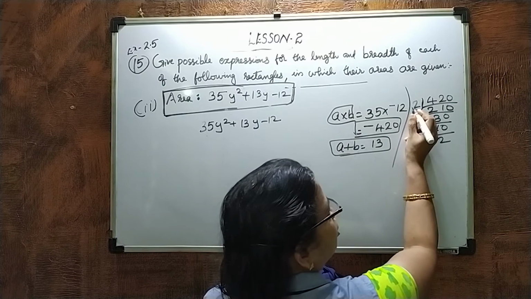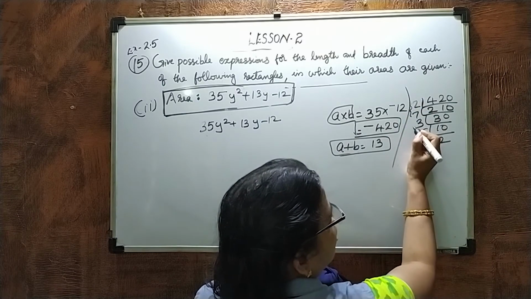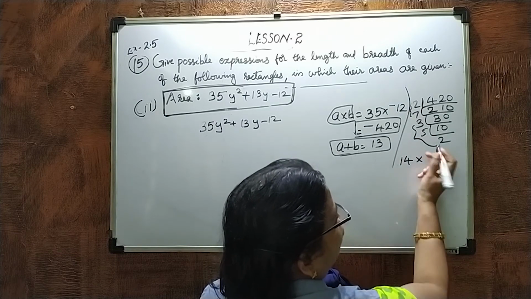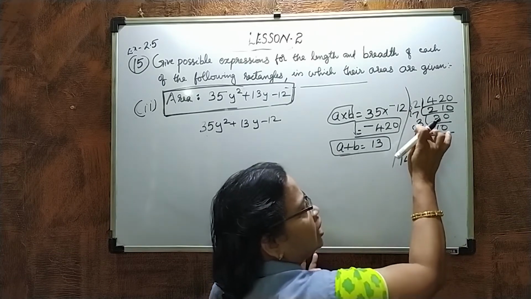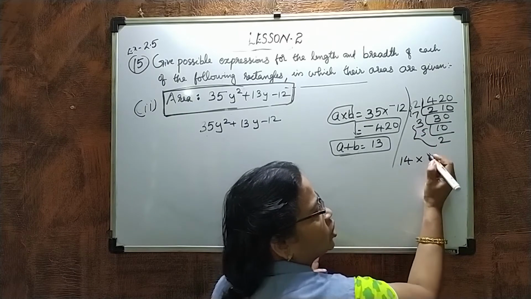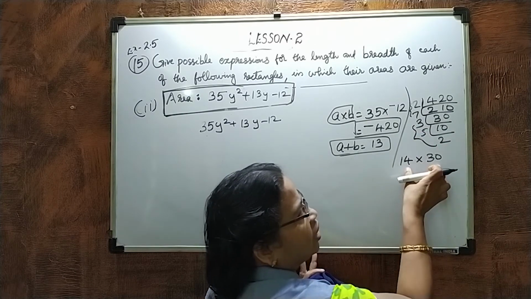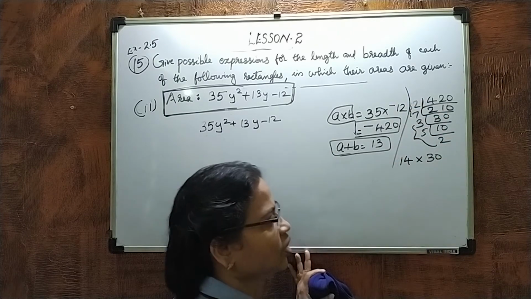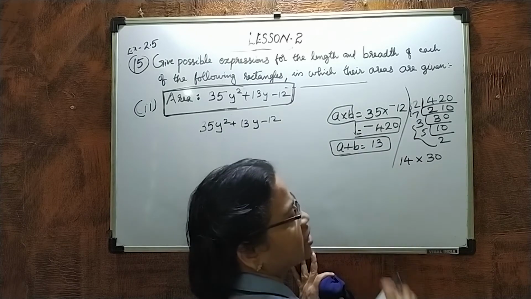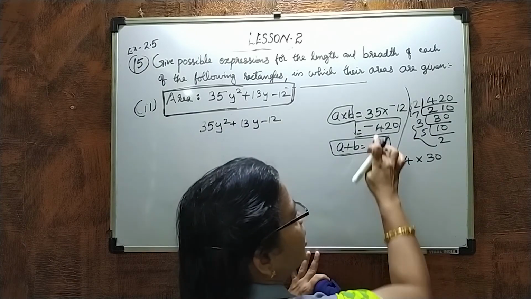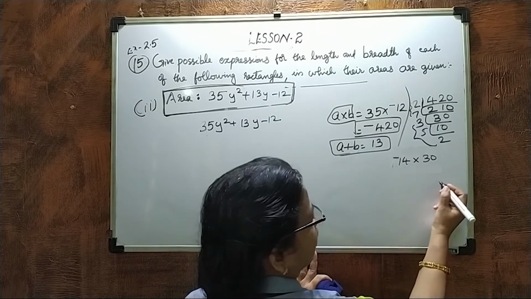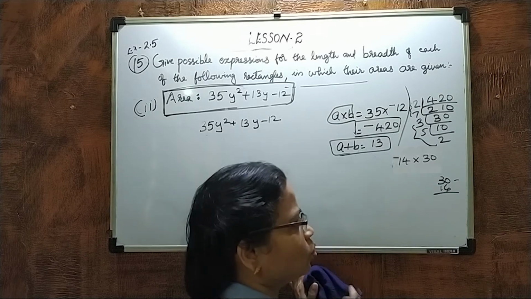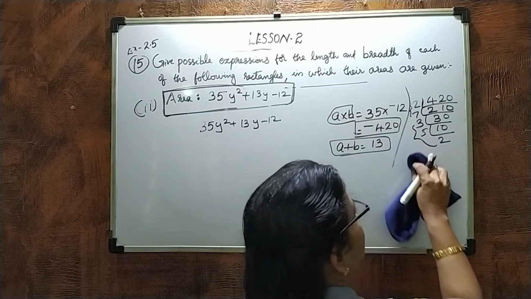So just take any two. Here it is 3, here it is 5. So these together we will take now. 7 into 2 is 14, 14, and the next terms 3 into 5 is 15, 15 into 2 is 30. So I have taken 7 into 2, 14 here, and the balance here is 30. When you add or subtract, will you get the answer 13? Here it is negative 420. Will you subtract 30 minus 14, will you get the answer 13? No. So again we have to take the next numbers.